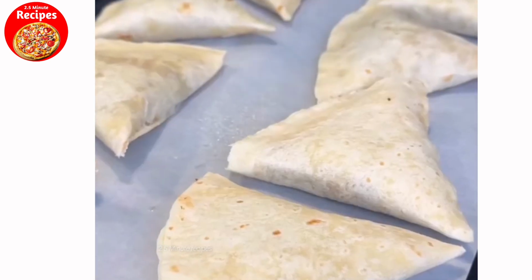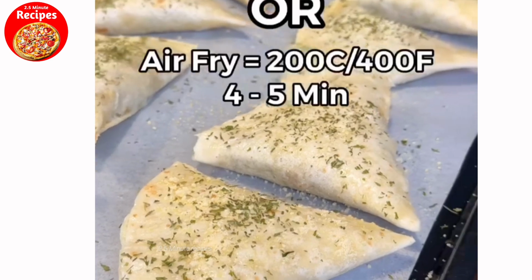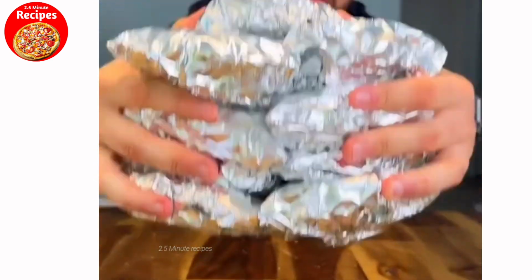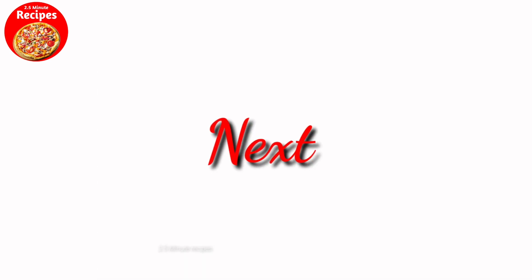Add some light cooking oil spray, top them off with a bit more parmesan and parsley before baking them for a few minutes until nice and crispy, then store them in the fridge or freezer and reheat when you're